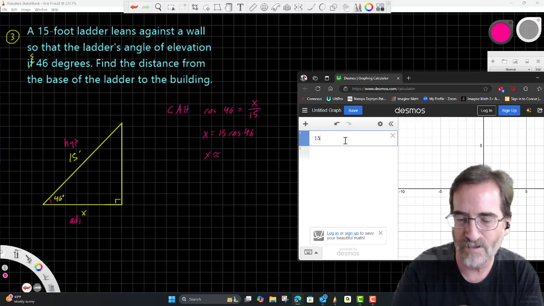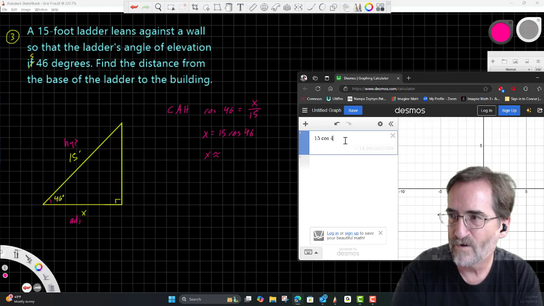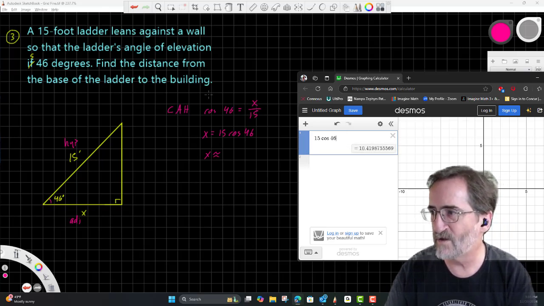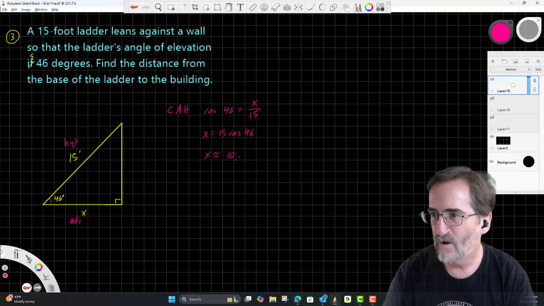Cos 46, and making sure our calculator's in degree mode. Mine is 10.419, which is 10.42. 10.42 feet